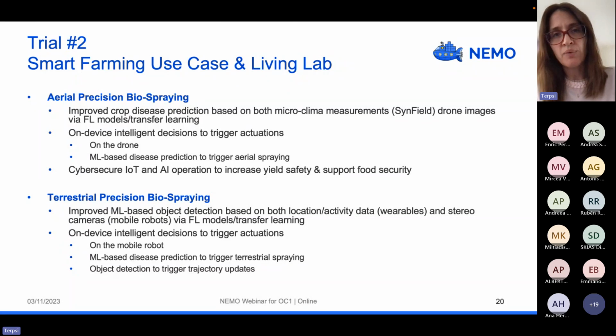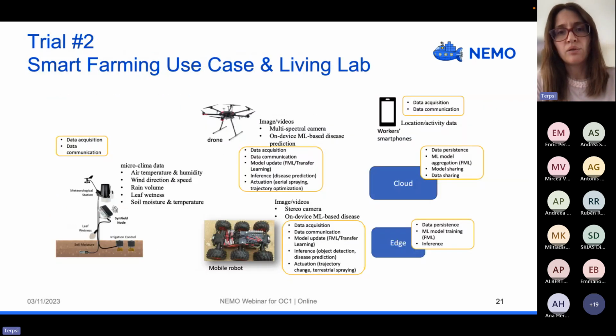Here we experiment with machine learning based operations running on autonomous drones and autonomous mobile robots in order to ensure high crop quality and quantity and minimize losses from disease prediction.